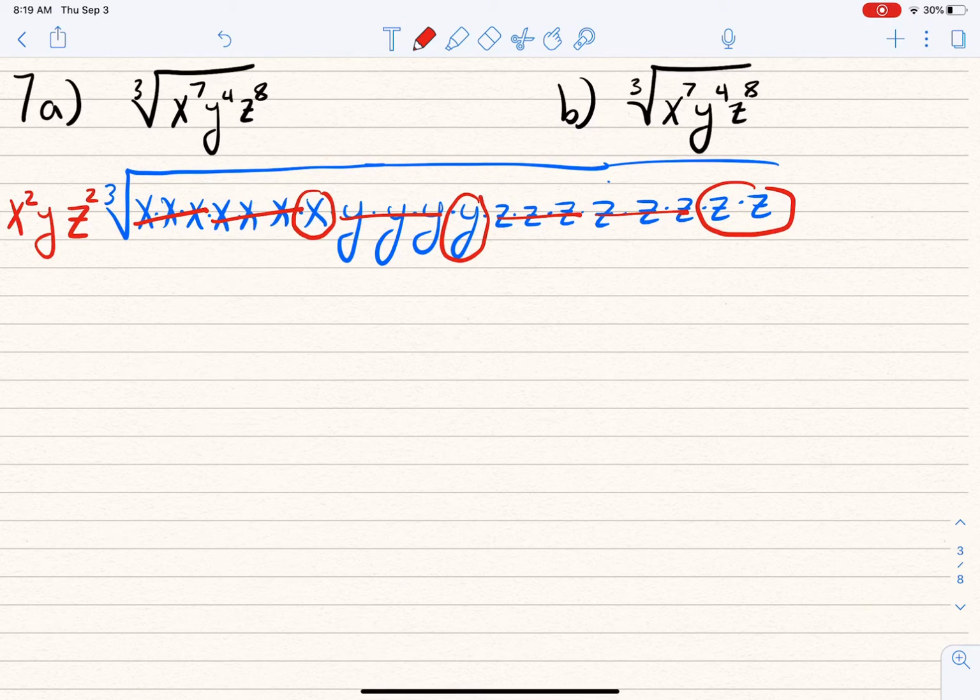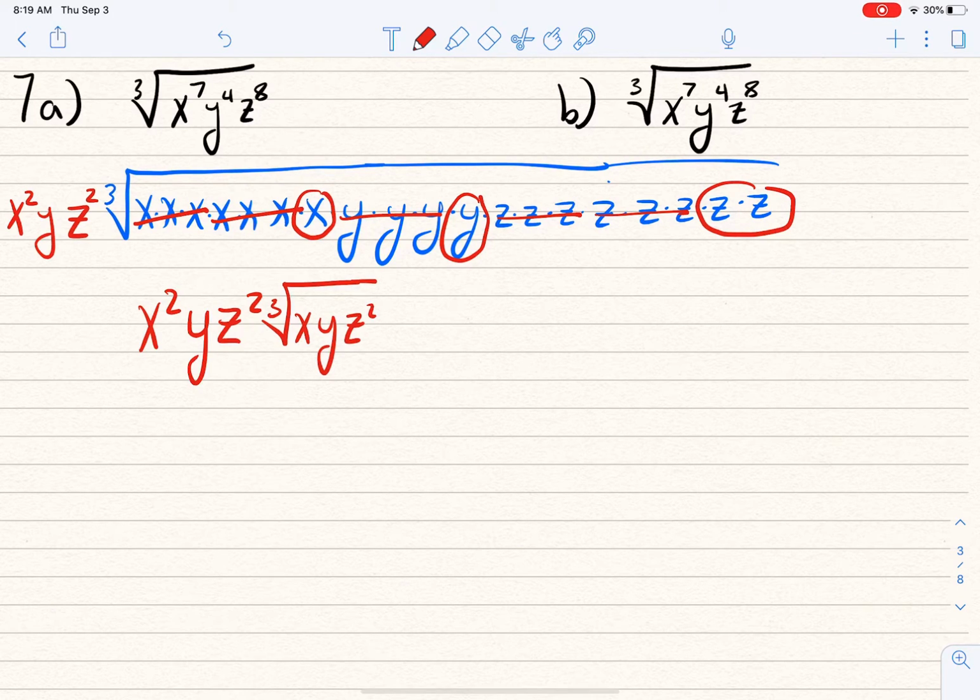So if we were going to write this in terms of radicals, our final answer would be x squared y z squared times the cubed root of everything that's left inside, x y z squared. Now, if you wrote it as rational exponents, there's nothing wrong with that. That's actually really simple, but I want to make sure we still understand the basics of radicals. And so that's why the directions on this one didn't ask you to